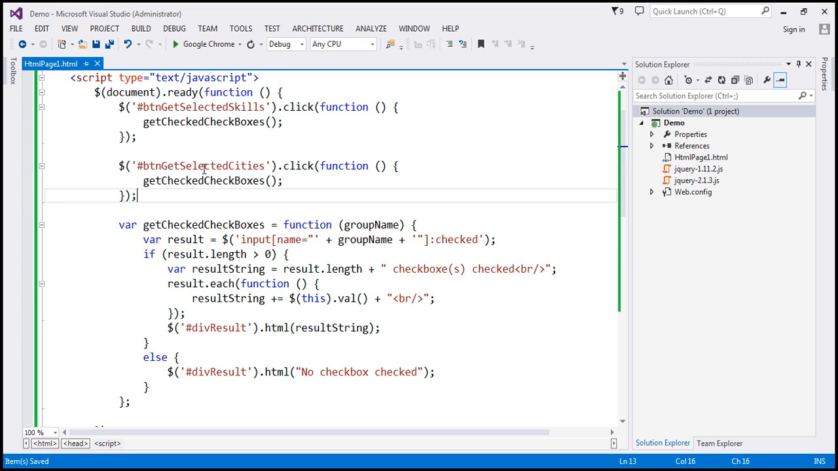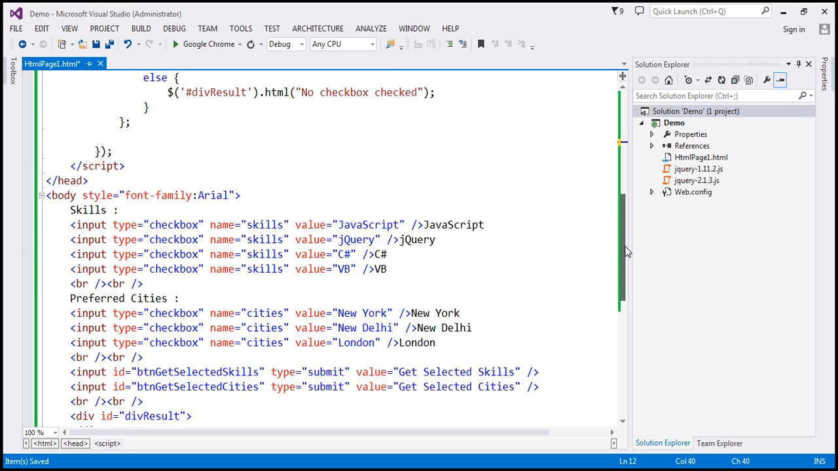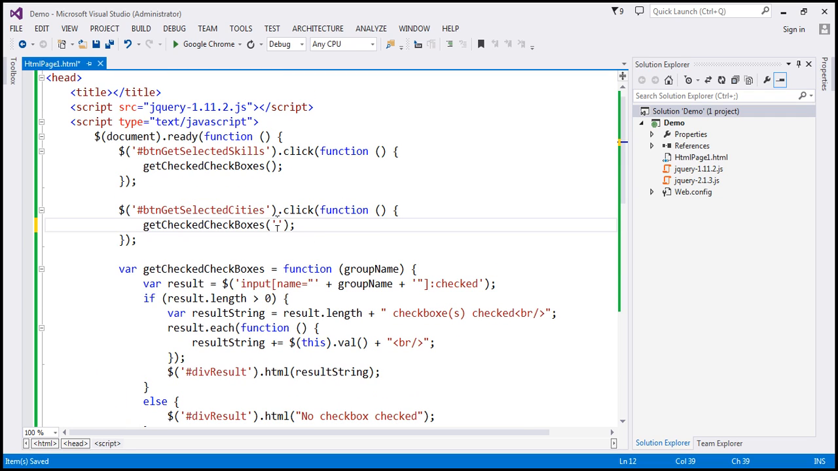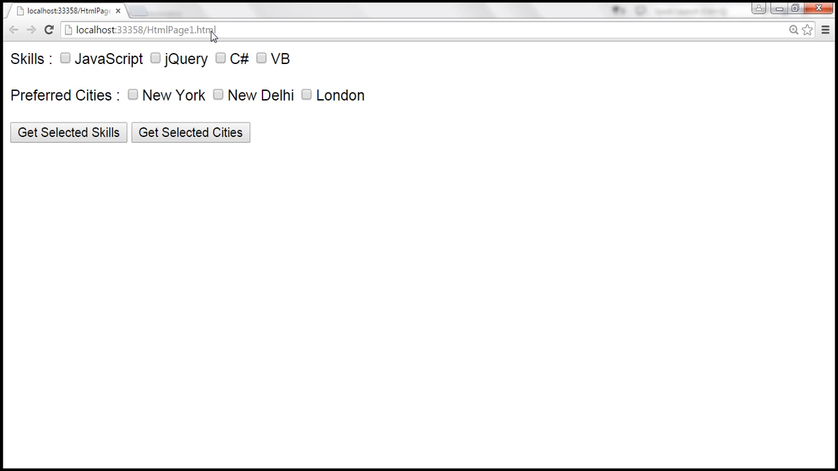So when we click the get selected cities button, the group name is going to be cities, and when we click get selected skills, the group name is going to be skills. Alright, so let's save those changes, reload the page, and let's select jQuery and VB, New York and London. So get selected skills. Look at that, we only get the checkboxes that are checked and present in the skills group. And when we click get selected cities, 2 checkboxes checked, New York and London, only the checkboxes from the preferred